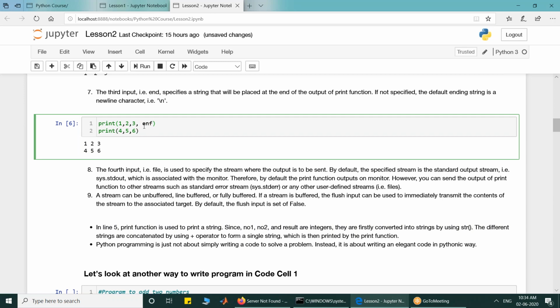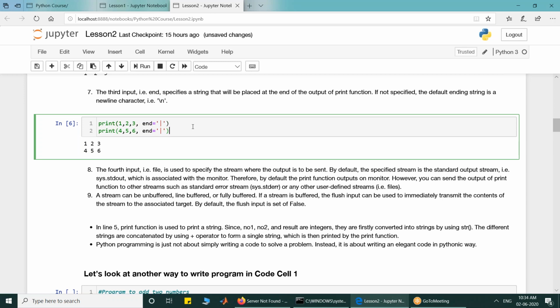If I do not want that, I can say that end should not be a new line character, but instead it has to be a pipe. So if I do that, just observe the output that is going to come.